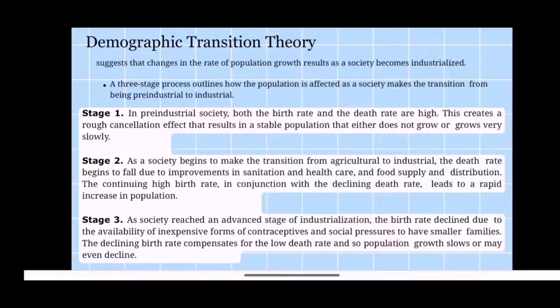In demographic transition theory, always remember that in stage 1, there is an equilibrium between the birth rate and death rate. In stage 2, while the agriculture is moved to industrial, the birth rate is increasing while the death rate is declining. And in stage 3 in the modern world, the birth rate is declining, same with the death rate of the state.